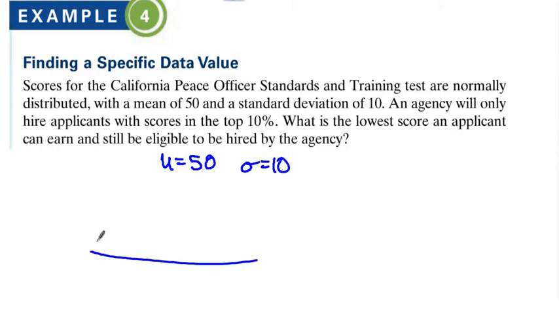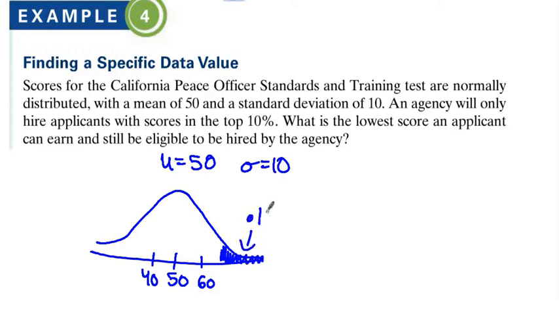Okay, so let's kind of draw a picture here. You have your bell curve, 50 in the middle, and then we'd be going by tens to get standard deviation. It says an agency will only hire applicants with scores in the top 10%, so somewhere over here, let's say. Okay, the area is going to be 0.10, and it's the area to the right. What's the lowest score an applicant can earn and still be eligible to be hired by the